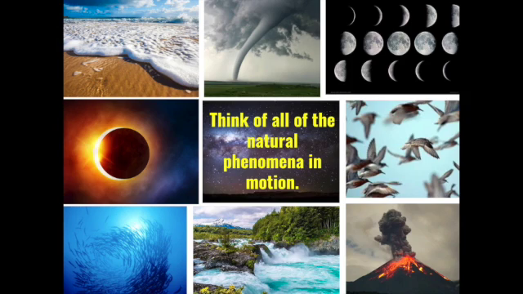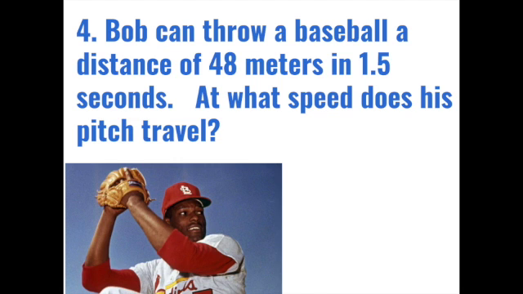We have this thing called speed, where we can try to calculate the speed of a bird flying, or the speed of fish swimming. We just take their distance traveled and divide it by the time. So just think of the big picture here before we move on to these next problems. Okay, I'm going to let you guys do these problems here, and then I'll show you what we came up with. Here's Bob. He can throw a baseball a distance of 48 meters